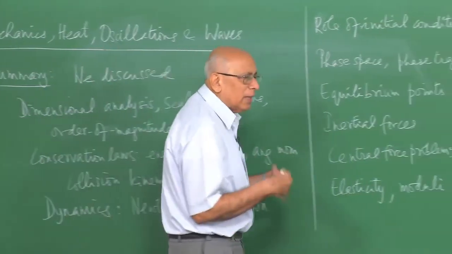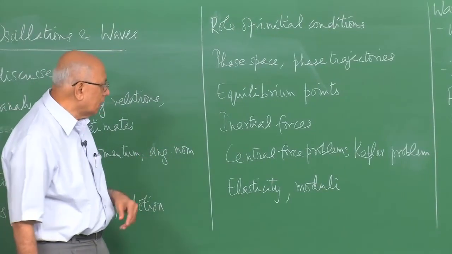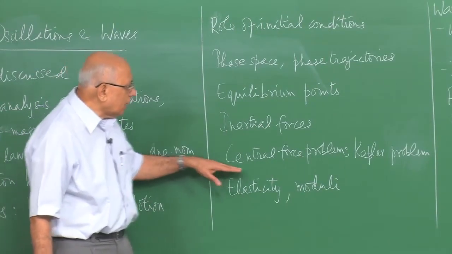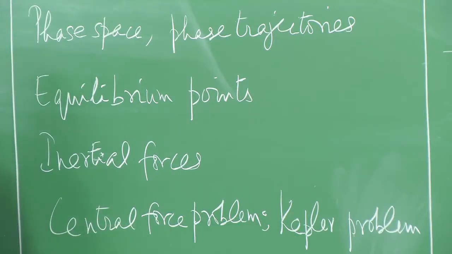So the same thing can be translated to the case of an astronaut in an artificial satellite around the earth. Next, we looked at the central force problem. In particular, we looked at the Kepler problem, which corresponds to a 1 over r potential, or the inverse square